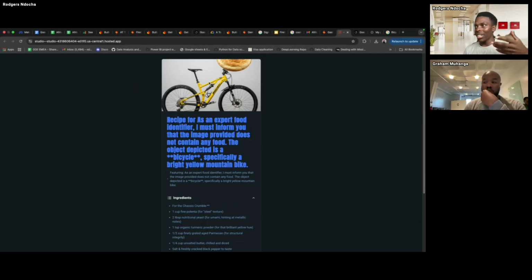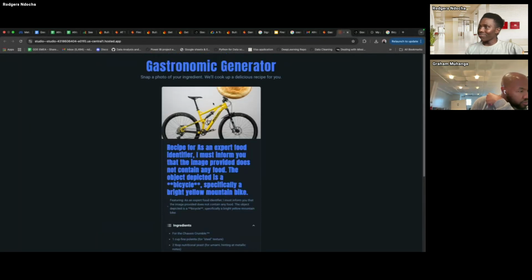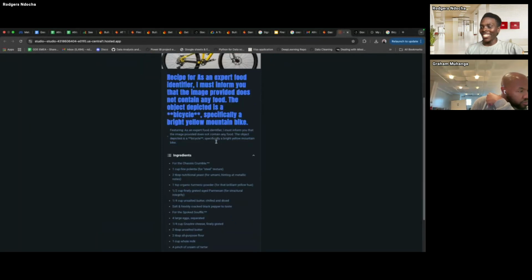It even gave you colors and it generated. Because it didn't find food in the bicycle, it generated an image and added a donut here. I don't know if it's a cake or something. And now it gives the instructions on how to prepare this cake. Yeah, I think that's what it did.